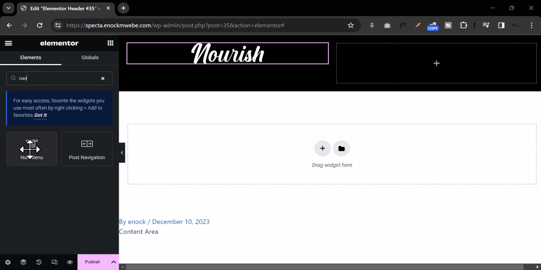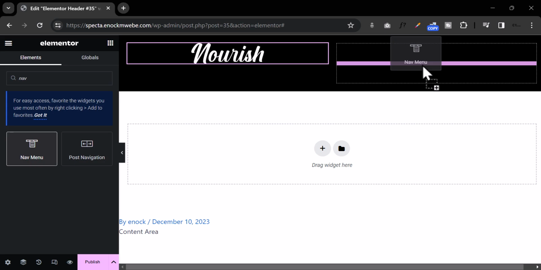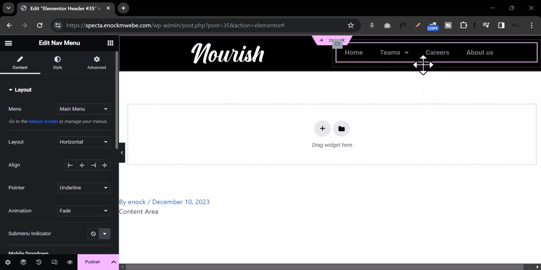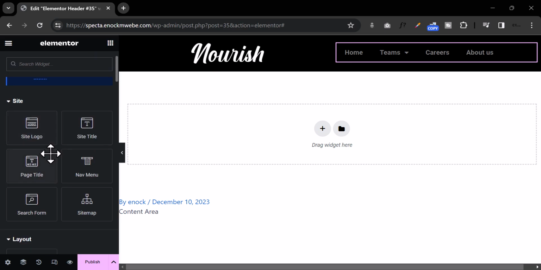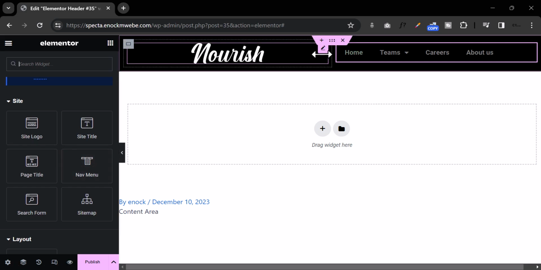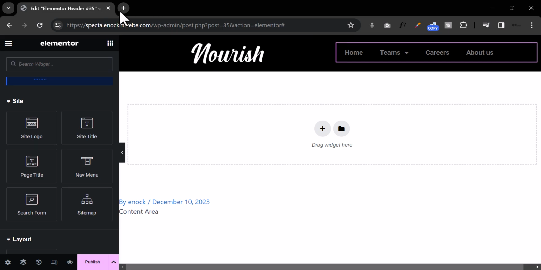So we're going to search for nav in navigation menu. So we drop it right there and boom, we have our navigation menu. And for sites that require a button, like a sign up button or contact us button to the right, because we're using Elementor with Flexbox, what we can do, guys, I forgot to highlight this, but let me run